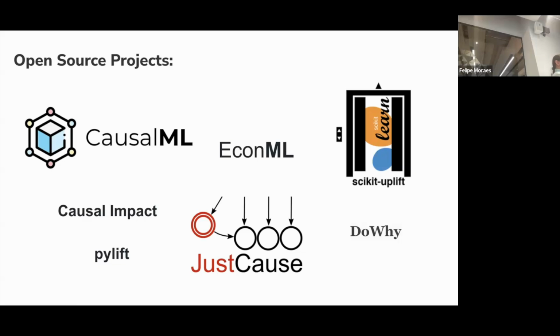If you want to implement something, maybe you should not reinvent the wheel. There are a lot of open source packages. My favorite one is CausalML, because this library offers a lot of methods plus explainability on top of it. They offer SHAP values, and for the 2 models approach, they use that surrogate model trick.